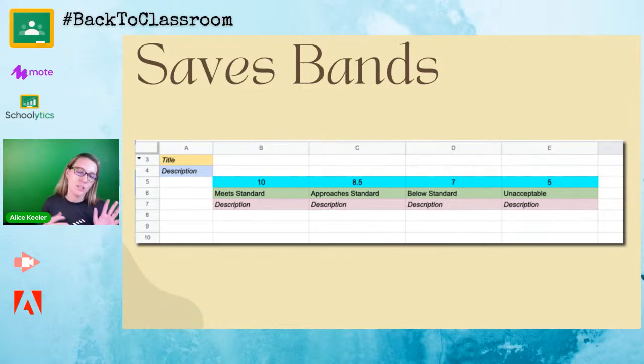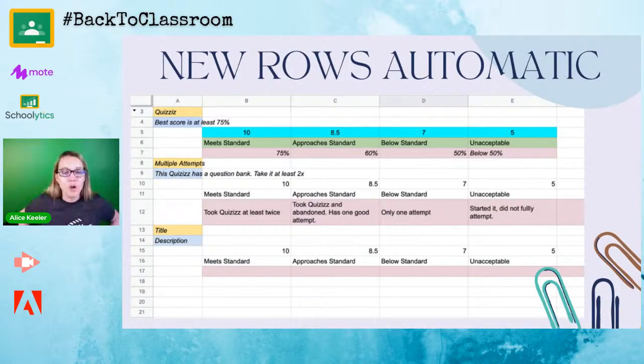And again, this has no code. It's just spreadsheet formulas. I don't have to retype meets standard, meets standard, meets standard like 100 times. So this is going to be a lot faster, and it organizes in my Google Drive. Also, since it's in my Google Drive, it's really easy to share the rubric. You could just tweet out the spreadsheet and other people are going to be able to make copies of the spreadsheet. It's in their Google Drive, and then it's so easy to add that right into Google Classroom. So I definitely prefer to do 100% of my rubrics in Google Sheets. So the new rows are automatic.